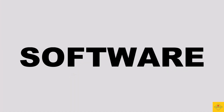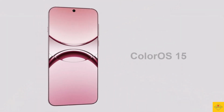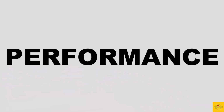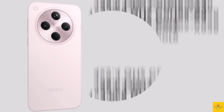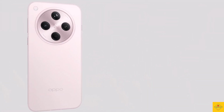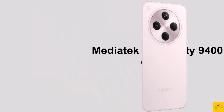For the software, the handset runs on the Android 15 operating system, based on an exclusive optimized version of ColorOS 15 on top of the device. Under the hood, the phone CPU is an octa-core 3.626 GHz single-core Cortex-X925 plus 3.3 GHz tri-core Cortex-X4 plus 2.4 GHz quad-core Cortex-A720, powered by the MediaTek Dimensity 9400 3 nanometer chipset, paired with a Mortalis